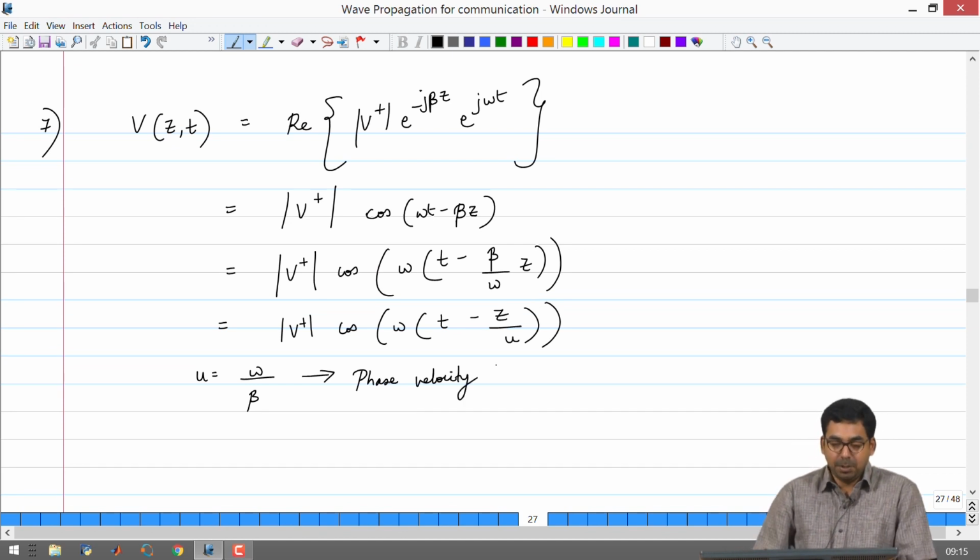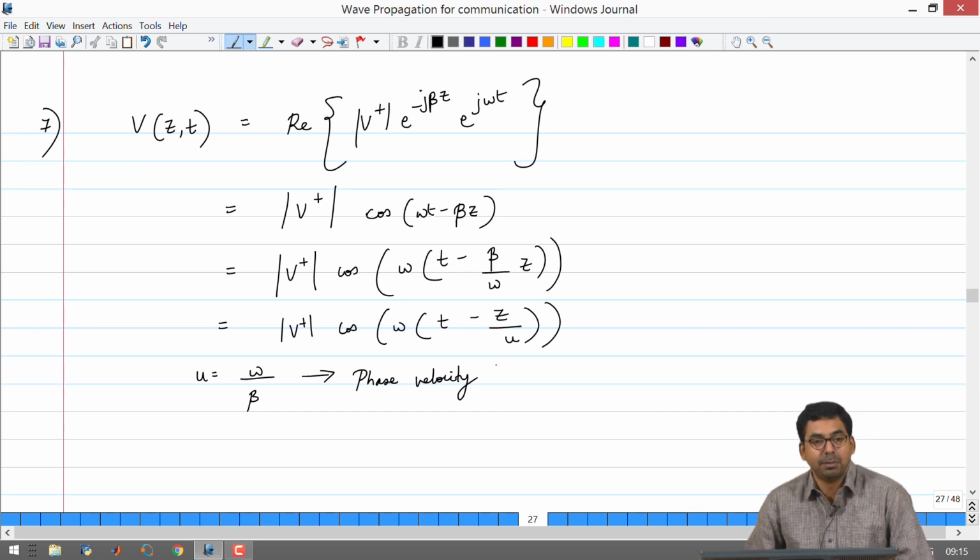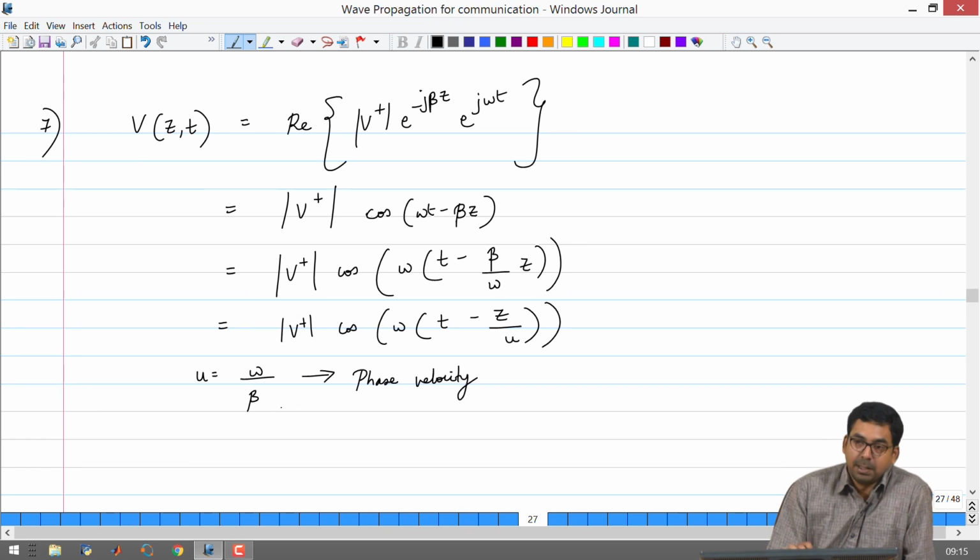It just tells you that for a given wave of a specific frequency or a specific wavelength, okay, how fast the phase is traveling, right. And when somebody defines phase velocity, automatically means that they are talking about AC excitation of a transmission line. Otherwise, in DC you will not talk specifically about phase velocity, you will be talking just about the velocity, alright. So, this omega divided by beta, if it is referred to as phase velocity, they are talking about AC excitation of a transmission line.